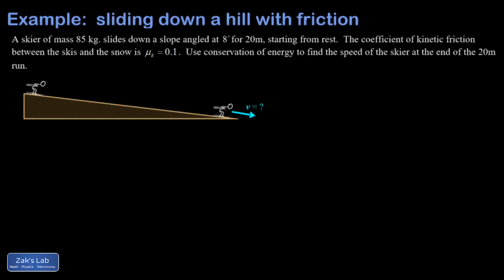Okay, we have a skier going down the hill, and we're asked to use conservation of energy to find the final speed, but we have some friction involved. So this is conservation of energy with a non-conservative work term thrown into it. So what we're ultimately going to use is we're going to say